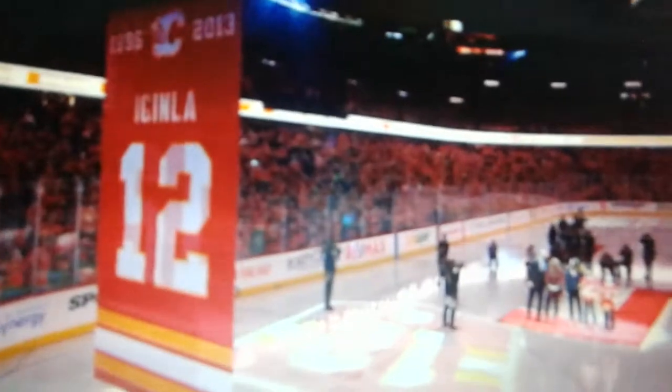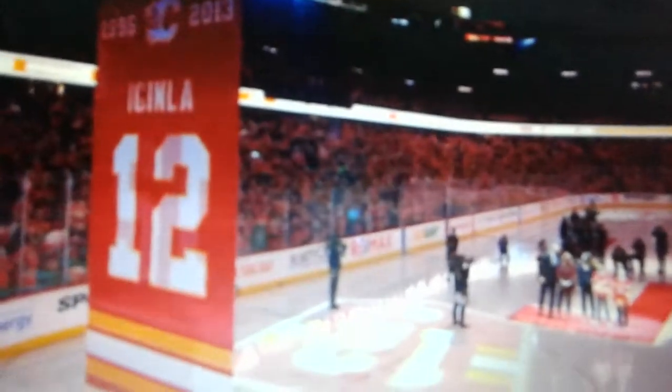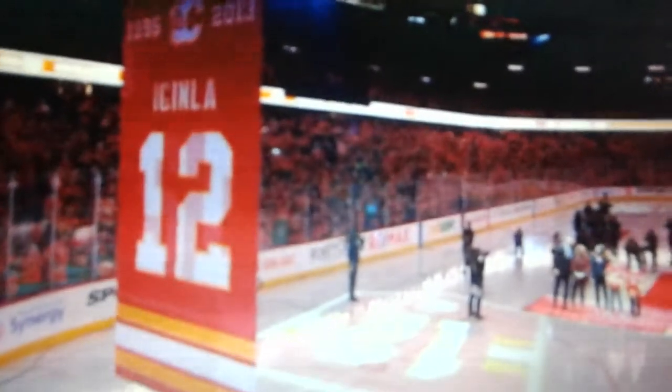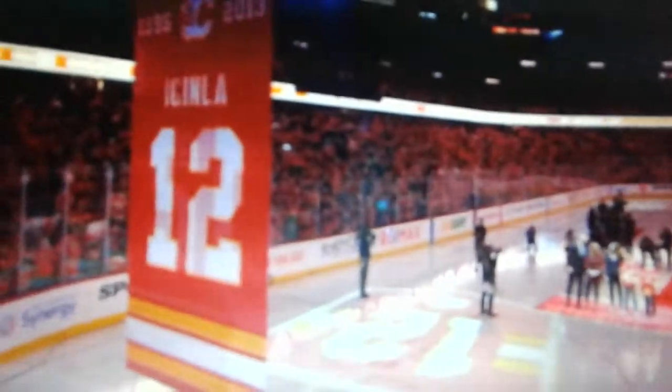Iginla's banner and his retirement, the little special mini logo that they created for Iginla's retirement, that's also on the ice, as you can see there. Not one thing involving Iginla's retirement included black in the color scheme, just red, white, and golden yellow. And this is interesting because Jerome Iginla, from the moment he played his first National Hockey League game, which he started his career in Calgary,